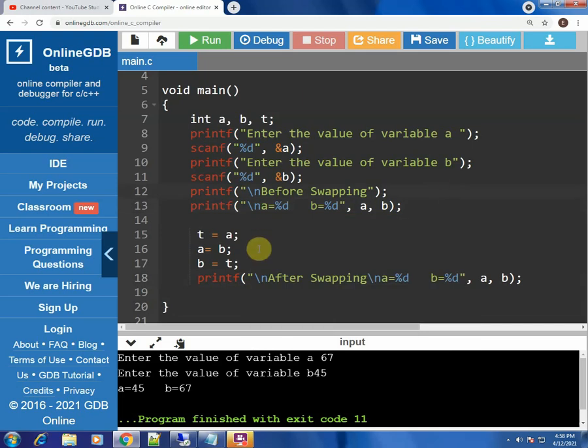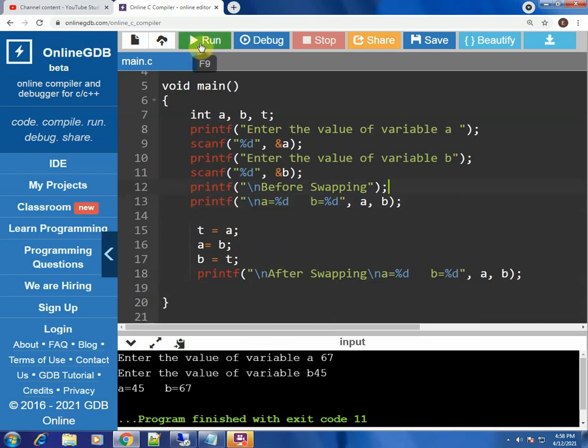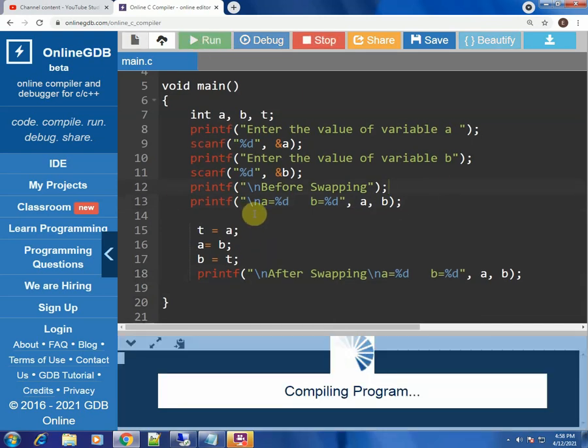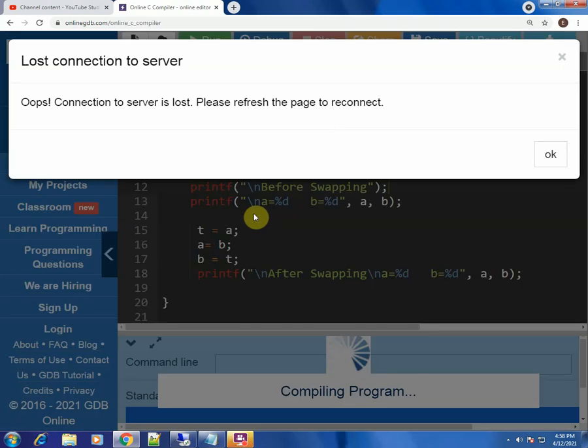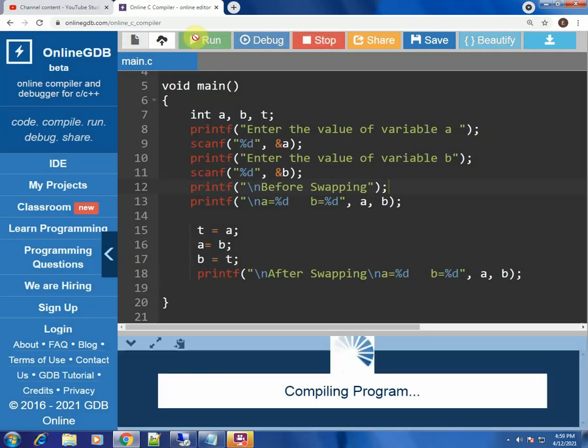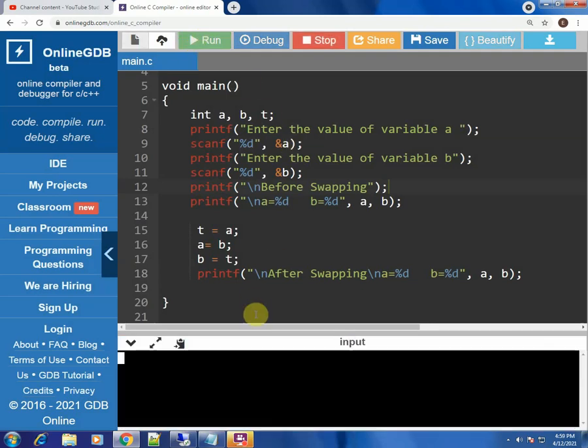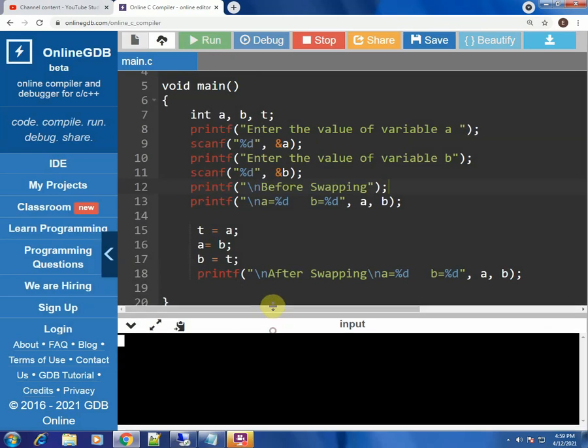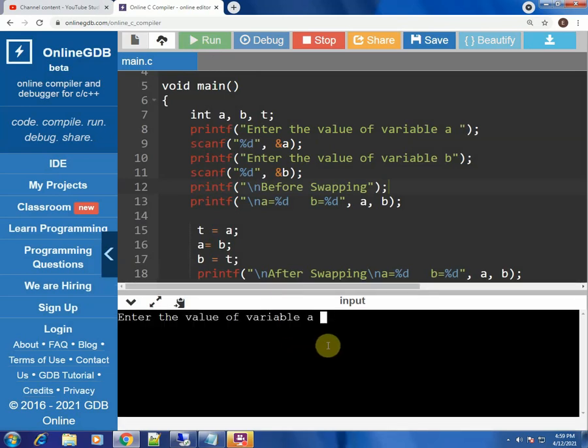So what do we get by executing this? Okay, you can see the value of a is again asked.